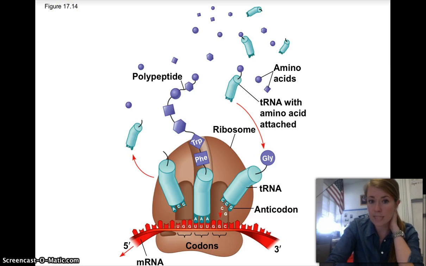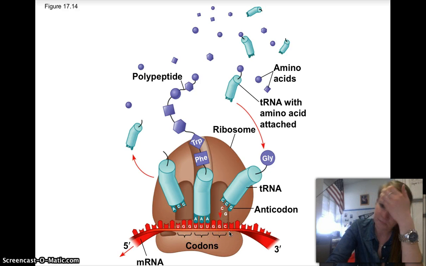So translation happens at the ribosome in the nucleus. Ribosomes are what build polypeptides, proteins. Basically, they read our mRNA message, which we just made during transcription. So the mRNA just moves through the ribosome and gets read. It gets read 3 base pairs at a time at our codons. Remember, this is our reading frame, so these 3 are read together, then these